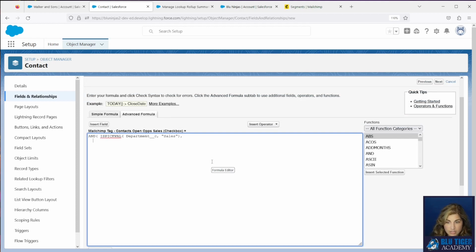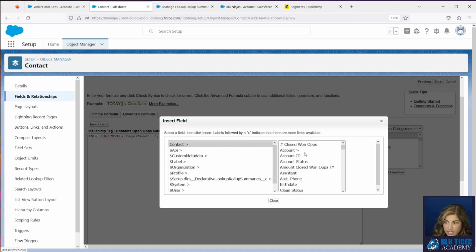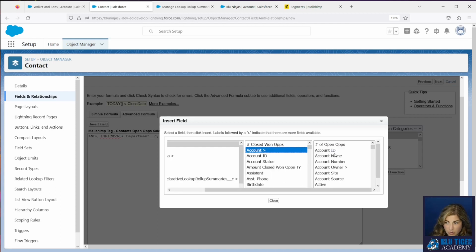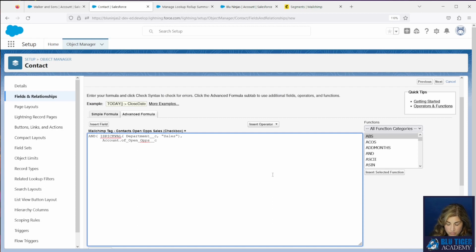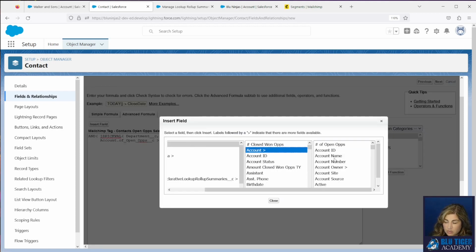Then our second criteria is we want the number of open ops on the account to be greater than 0. Our next criteria is we want no customers. So we need to do account and status.